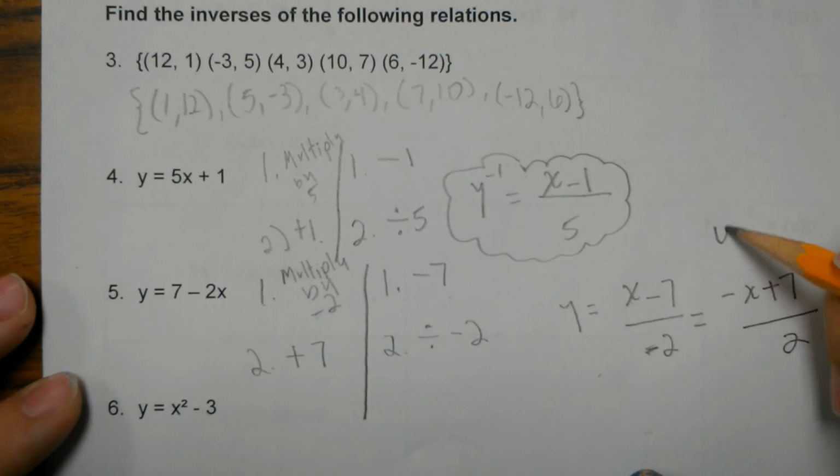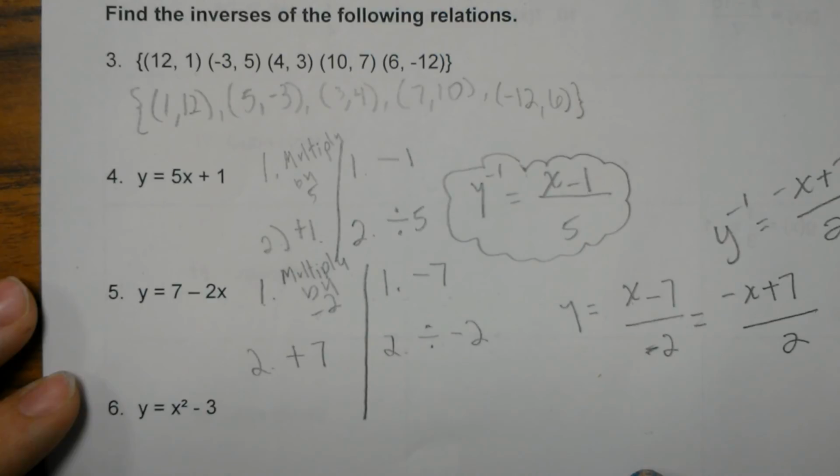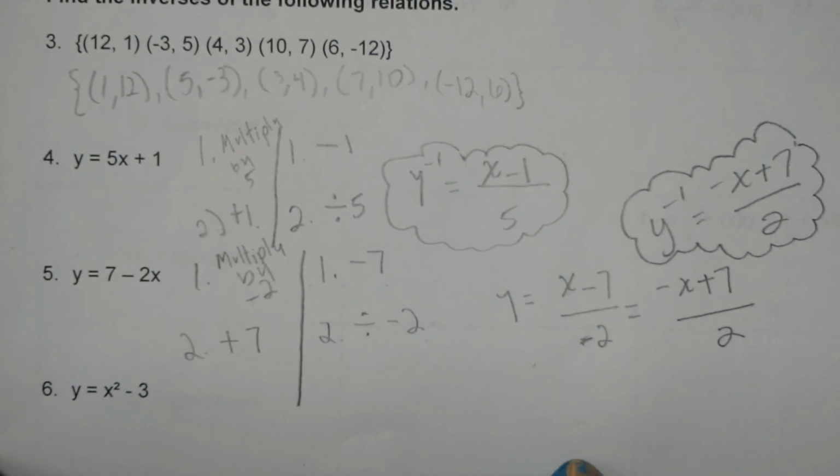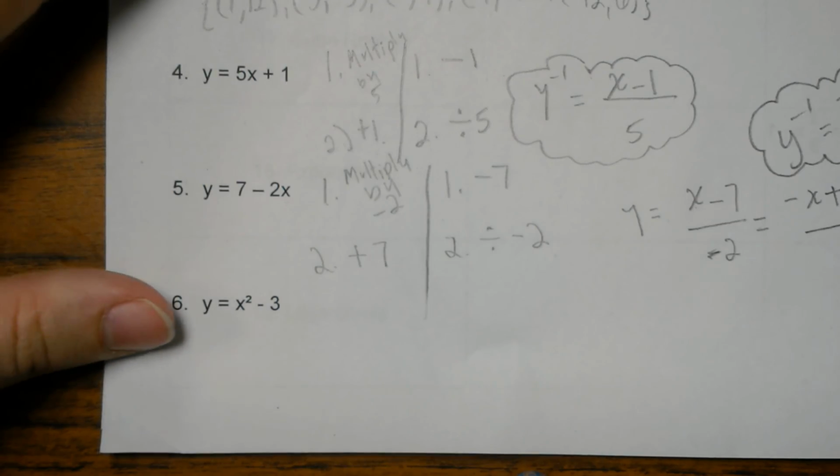So for this one, I'm going to say my inverse is -x plus 7 divided by 2. So the next one,